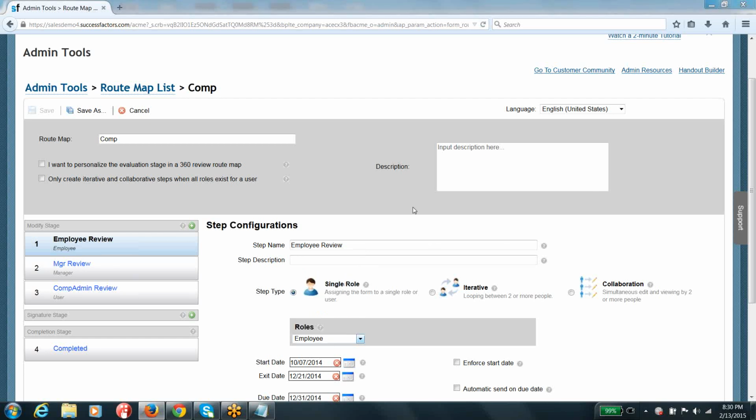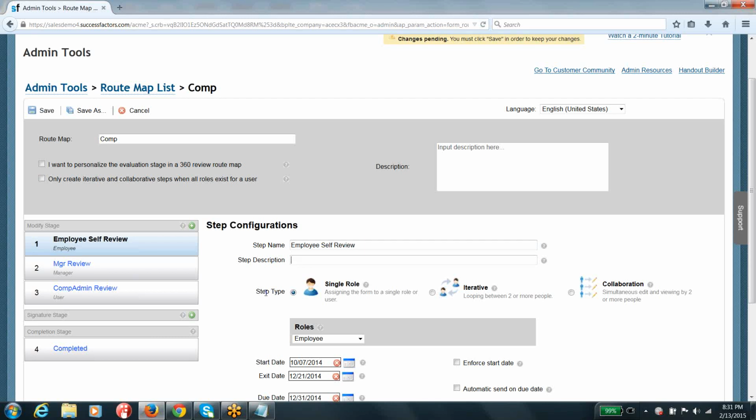So what is each step going to have? It's very simple, guys. If you see here, what each step is going to have, like the step name here, employee. So you can see I'm talking about step 1 here, guys. The step is nothing but the employee is going to do the self-evaluation, say employee self-evaluation, self-review. And description, if you are interested in keeping some description, yes, go ahead and keep some description.